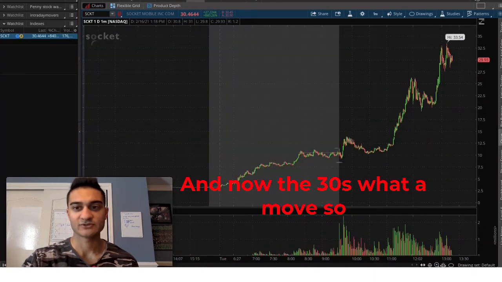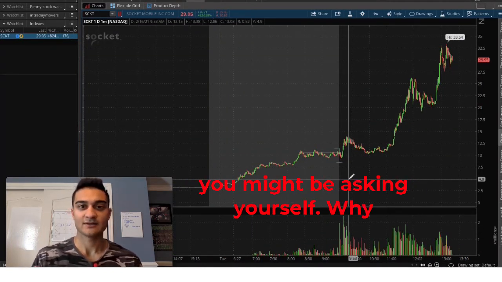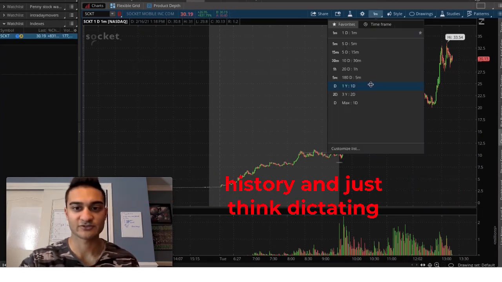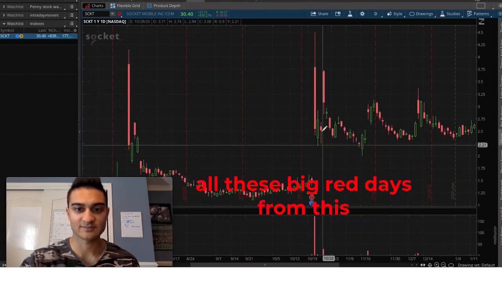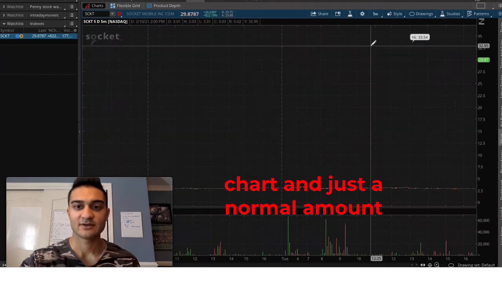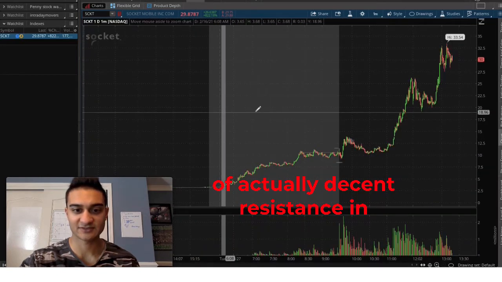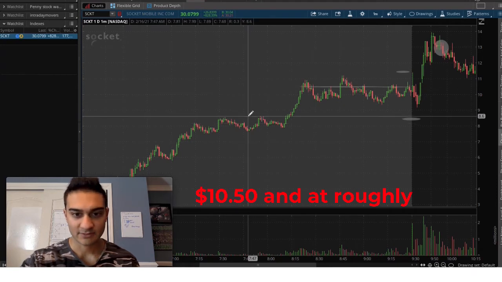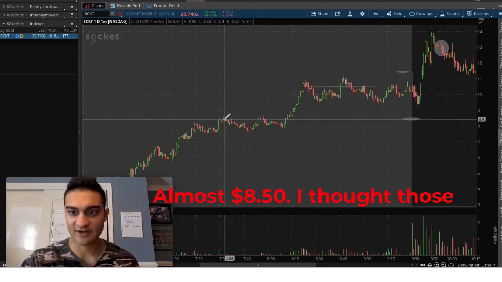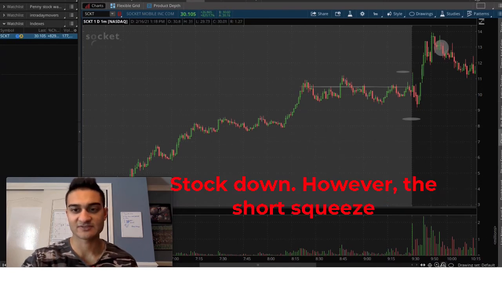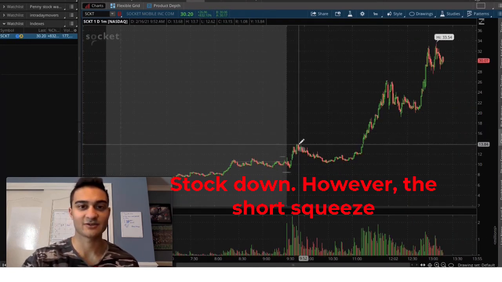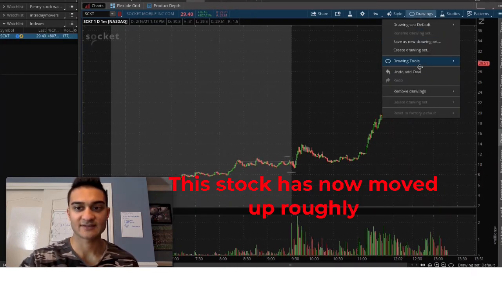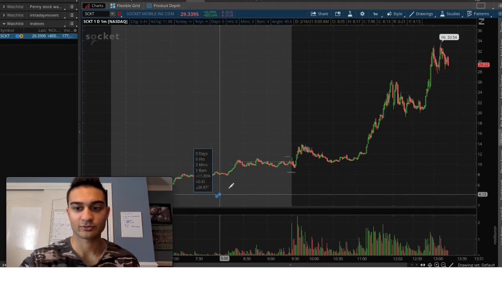What a move. So you might be asking yourselves, why didn't I just go long, which means I want the stock to go up? Well, again, I was looking at the chart history and noting all these big red days, and a decent amount of resistance in the pre-market and open here at 10.5 and at roughly almost 8.5. I thought those were solid enough to keep this stock down. However, the short squeeze on the low float continued to occur time in, time out. As a result, this stock has now moved up roughly almost